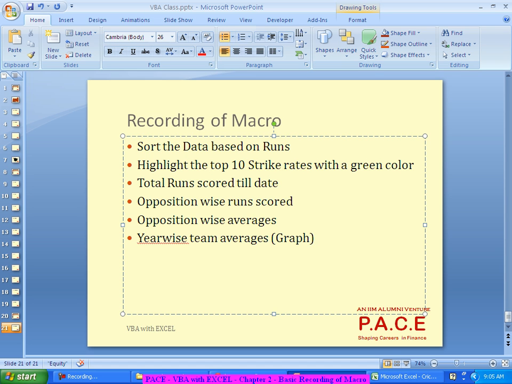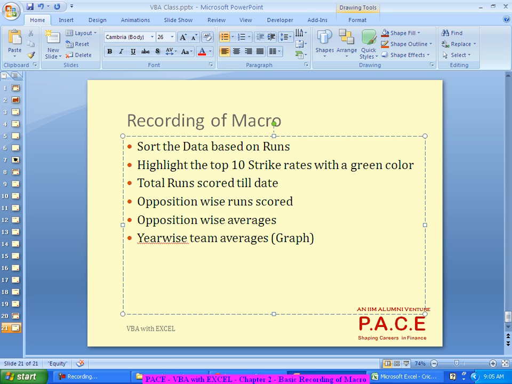So every time after every match, you have to do this analysis. And after every match, probably 2 countries' data has to be updated. So there's a huge task. What I can very well think of is a macro where I just click one button, and all these things are automatically taken care of. Then I'll just copy those 2 new match data, click a button for this, click a button for this, and the whole calculation is taken care of. That is what a macro is really helping me out with.